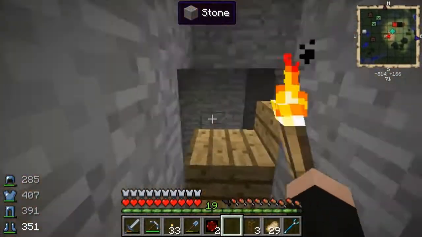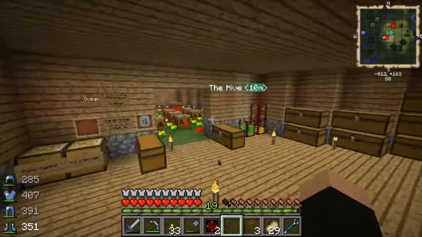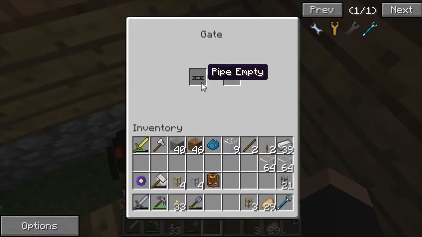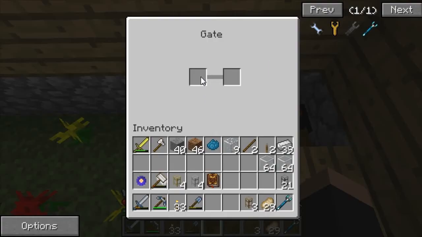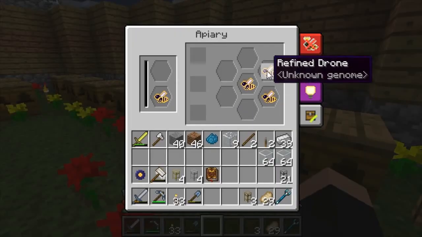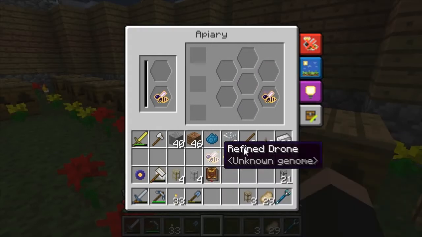Let's put these gates on. And the idea with the gates is that you slap them on there, and you set them so that if there are items in the inventory, so in here, then it sends a signal which triggers this. That's no good. Why have these got...